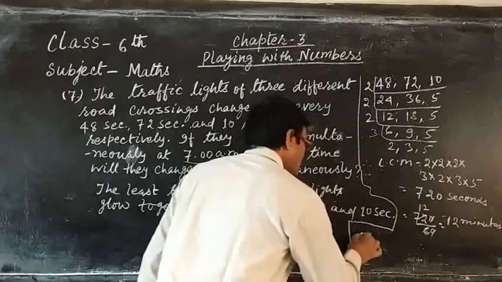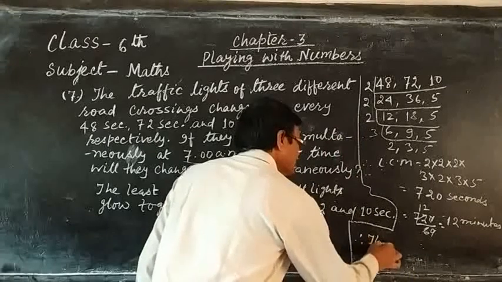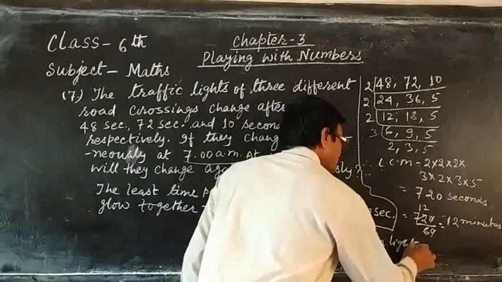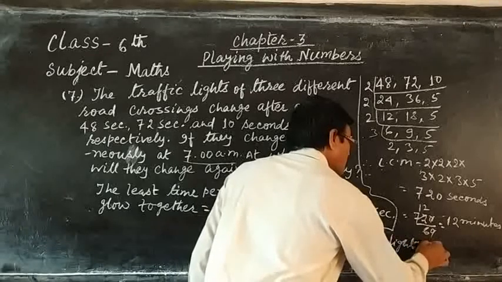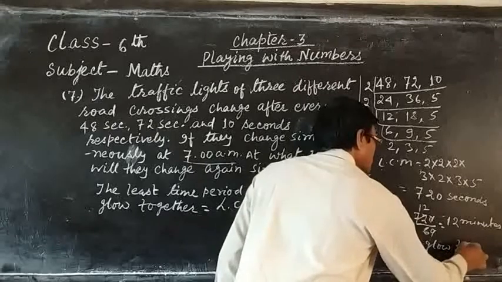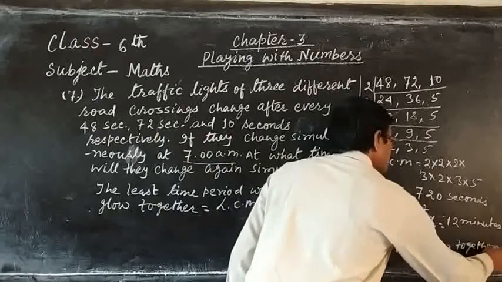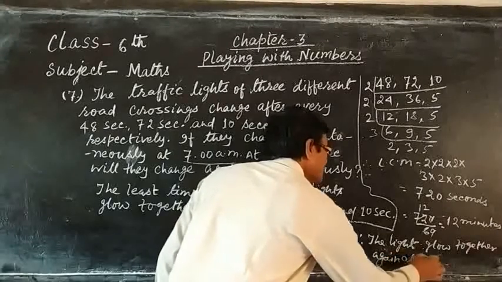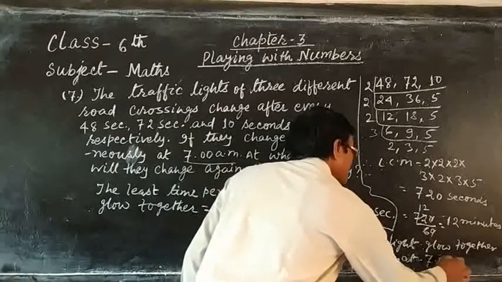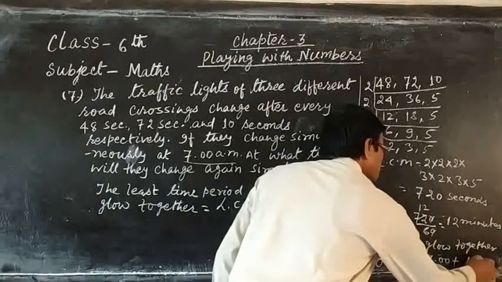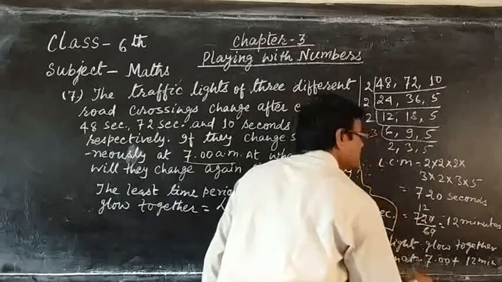So therefore, the lights glow together again at 7 am plus 12 minutes, means